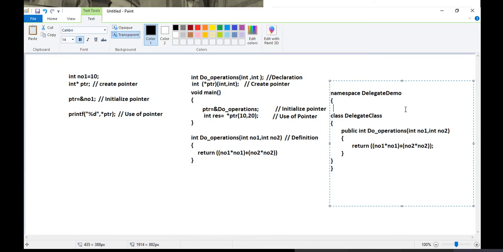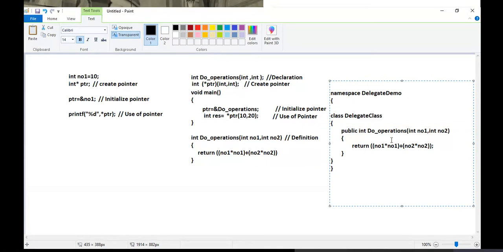Instead, they introduced a keyword called delegate. Since delegate is a reference type, we will be creating the delegate in namespace scope. So let's follow step number 1, create a delegate for this method.